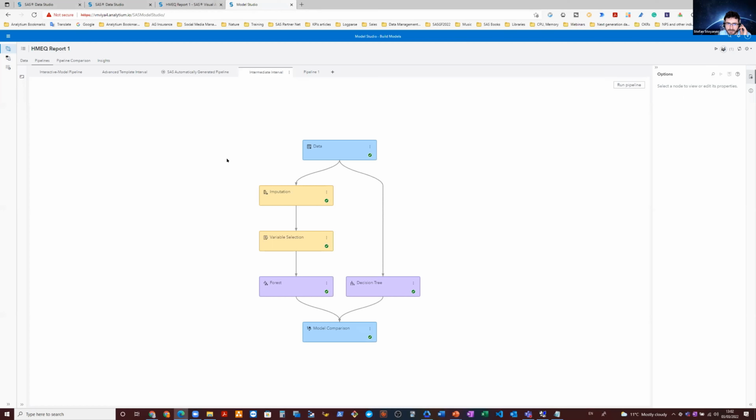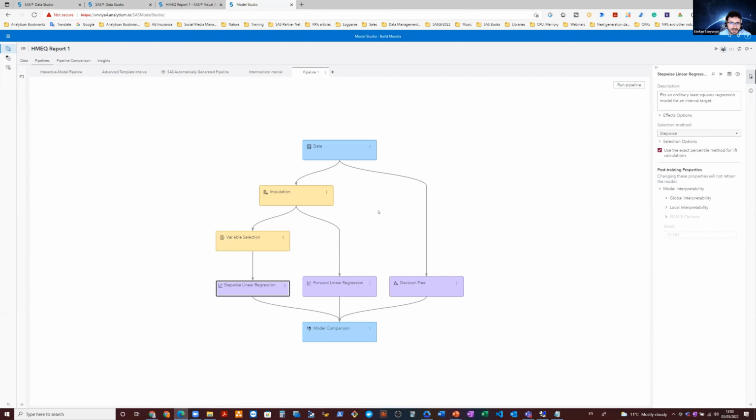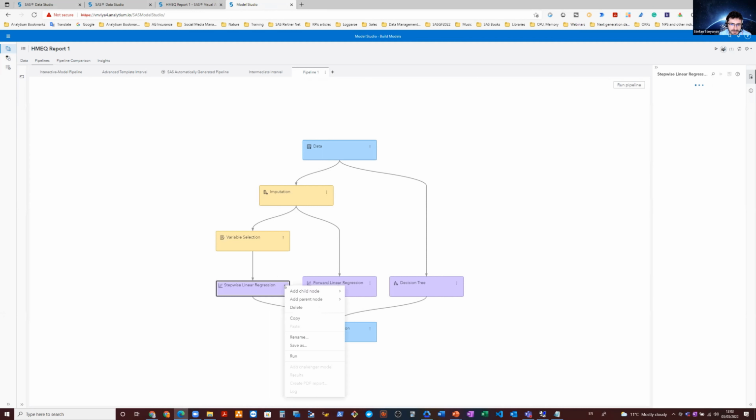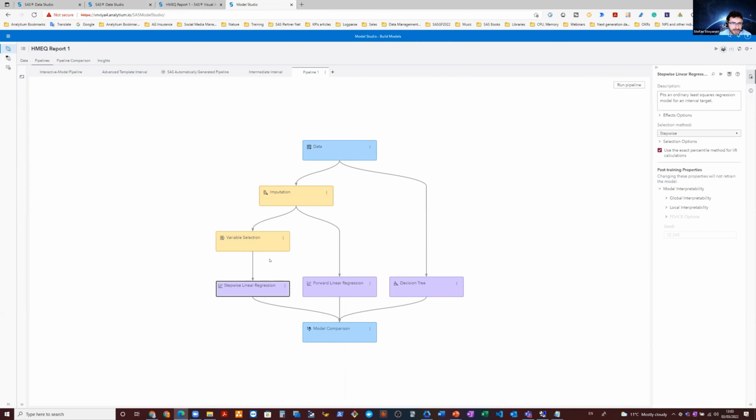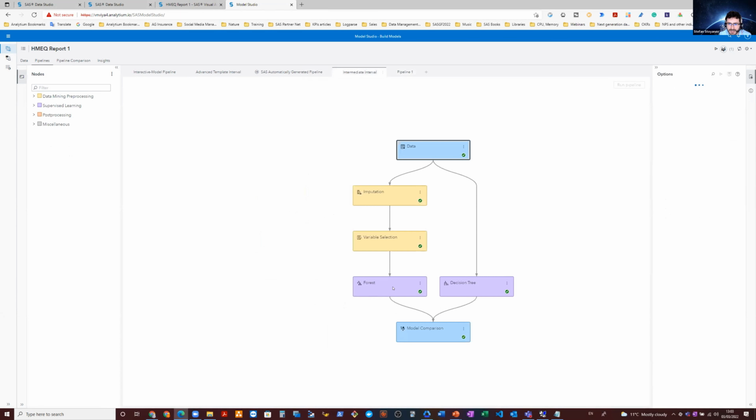So back to SAS Model Studio, where I wanted to show you how I just showed you how you can populate a template of a pipeline. But if you want, you can replace nodes or add new nodes. For example, I removed the stepwise linear regression and forward linear regression, and instead of them, I put the forest and decision tree